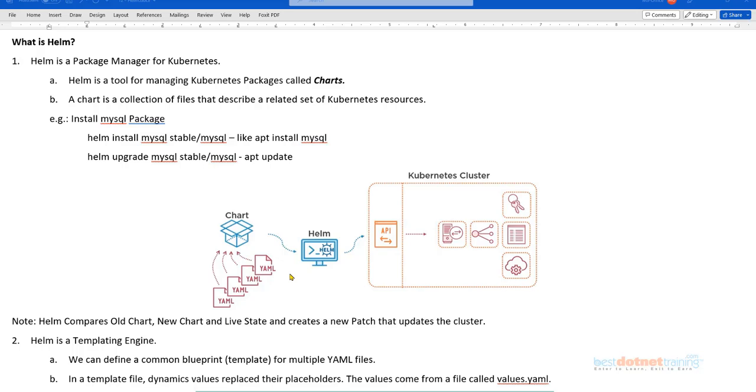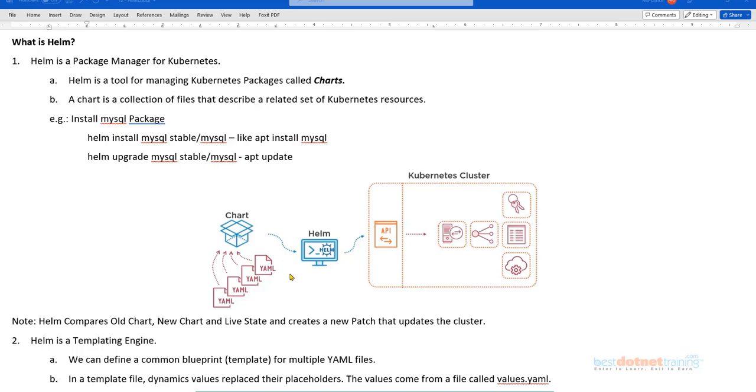A patch is basically a small rectification that you make to software in case any critical security loopholes or bugs are detected. We say we are patching the application, isn't it? If you have noticed, certain software vendors release something called patches. Whatever problems have been detected are rectified in the patch release.